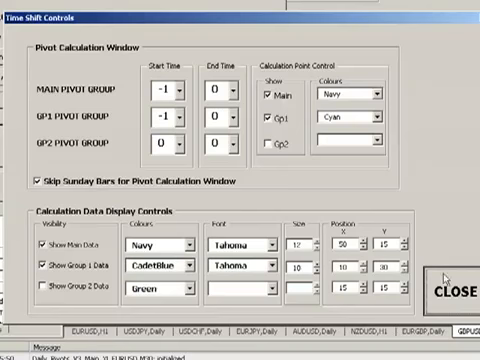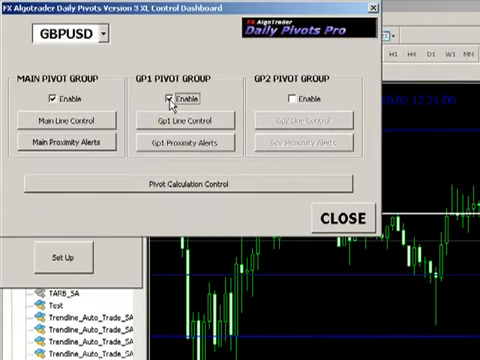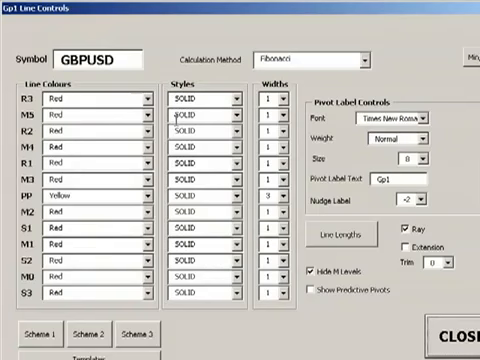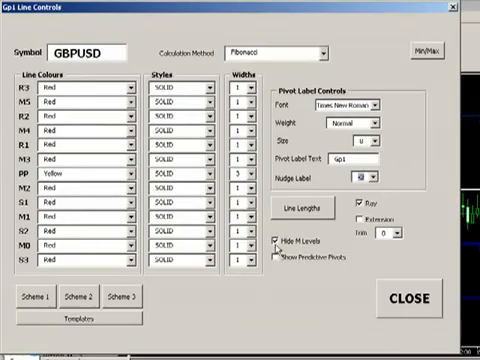So let's just go back and load up some additional pivot functionality. For example, if we want to enable a second pivot group, we can just click enable, and we'll have, say, Fibonacci pivots for this group. We'll call it group 1, and we'll just nudge the actual pivot labels by, say, -3. We want to show M levels, and we'll draw the lines as rays going into the future. And if I just accept those changes,